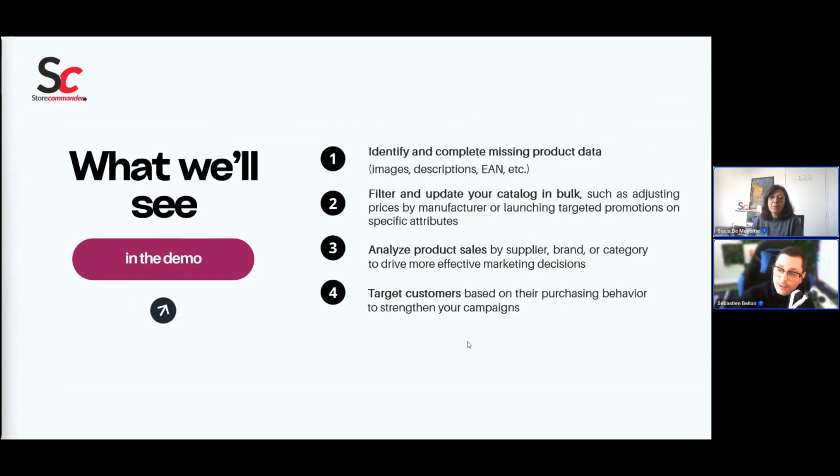We will see how the segmentation tool works and what you can do with it, which is mainly identifying missing information or filtering the information by features or attributes or manufacturers in order to do an action behind, like adding to a category, adding more features, doing some statistics or marketing actions by getting all the list of customers who bought a specific product, for example.